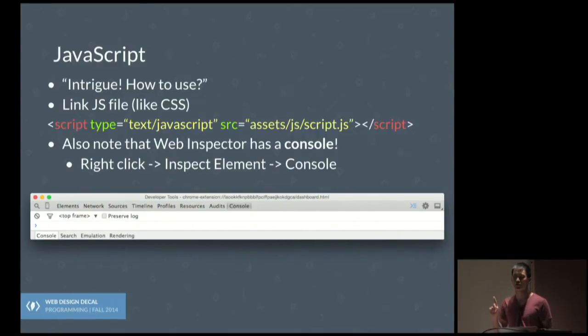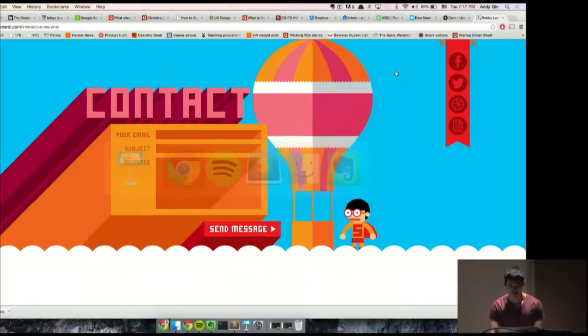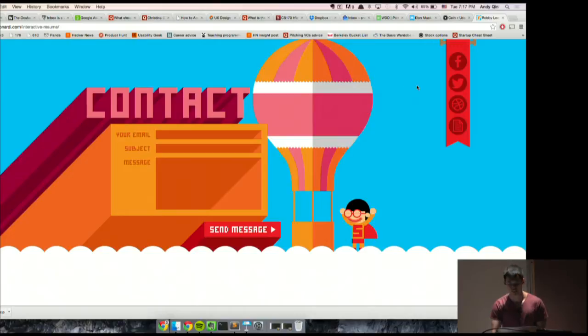And here's another thing, too. There's something called a console. A console is where you can type in JavaScript, and it will immediately run the JavaScript that you typed in right on the page. You can activate the console on any page, and it's all within the web inspector.